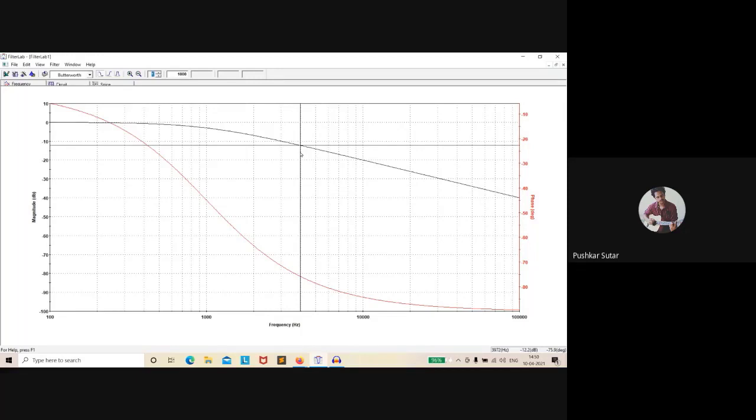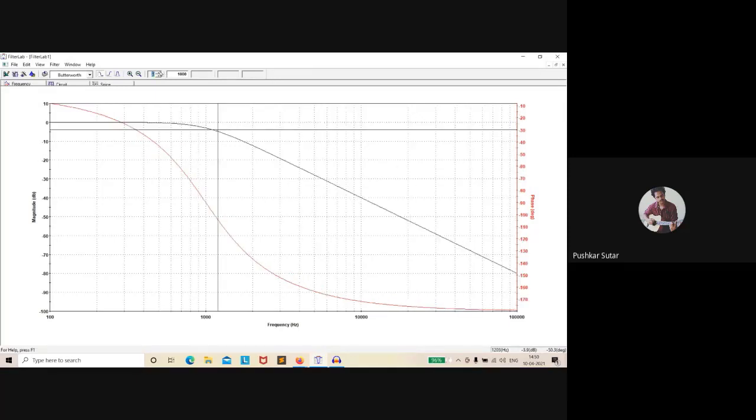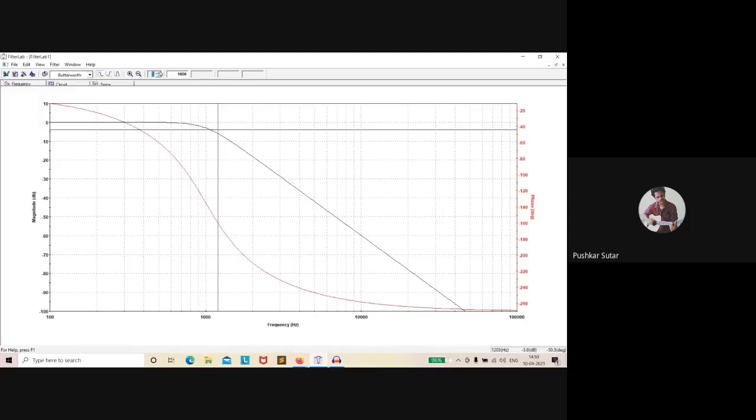So as you can see, as Renuka rightly said, as I'm increasing the order, the roll off is getting steeper. See, I changed from 1 to 2. Now the roll off is minus 40 decibels per decade. Now when I did 3, it is minus 60 decibels per decade. So to generalize everything, the roll off is minus 20 times n decibels per decade, where n is the order.